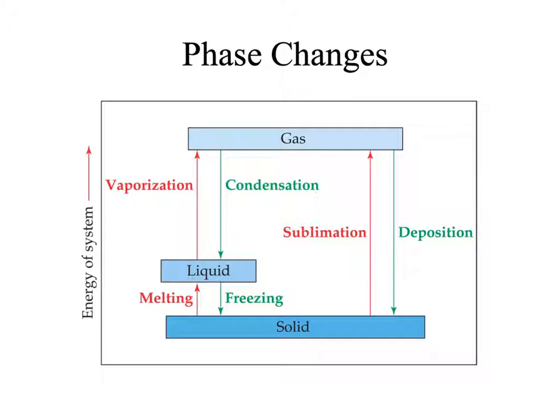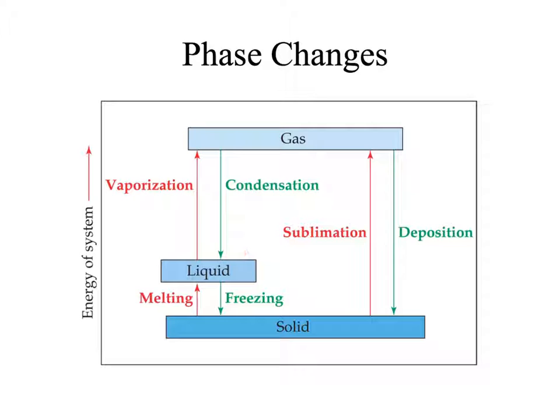When we go from a liquid to gas, we are vaporizing a substance. Often we are also boiling it, but going from liquid to gas is vaporizing, and again, we have to add energy to something to go from a liquid to a gas. So melting and vaporizing are endothermic. If we have a gas and we condense it back down to a liquid, we are losing energy. The word for going from a gas to a liquid is condensation.